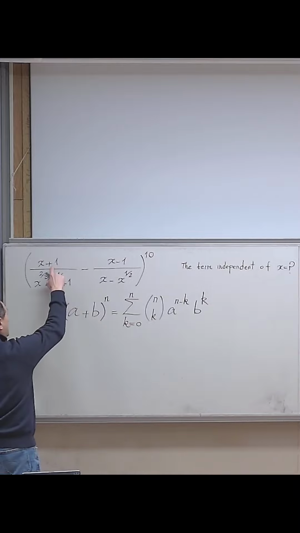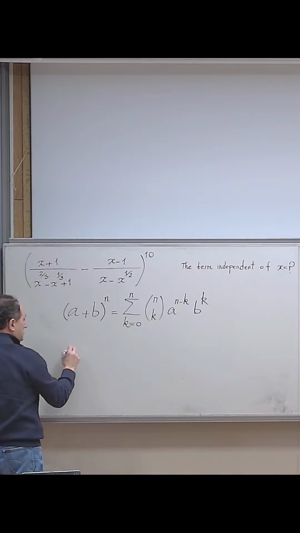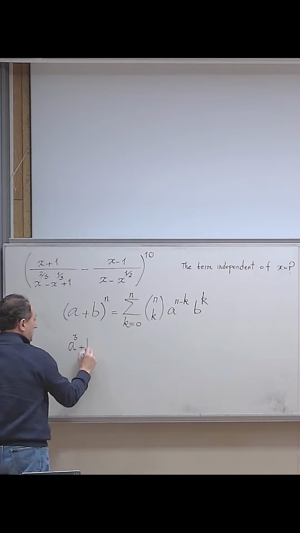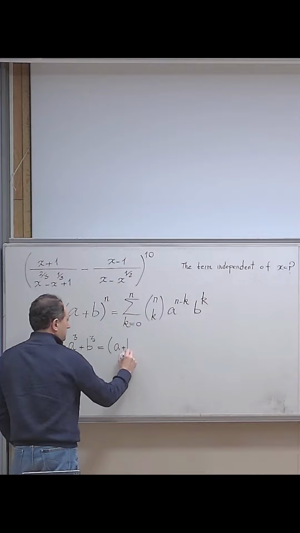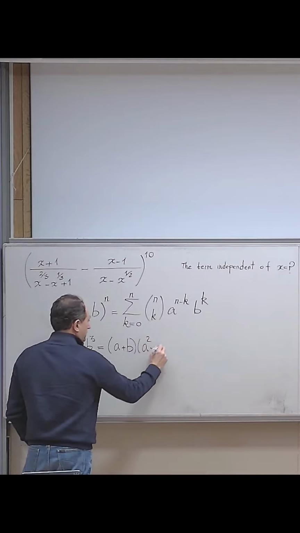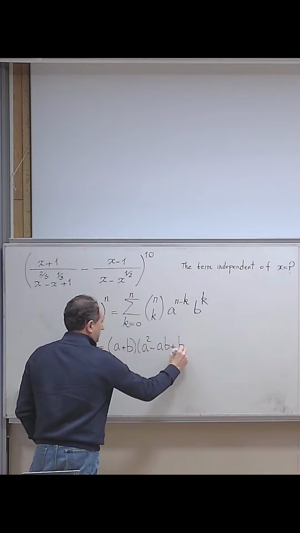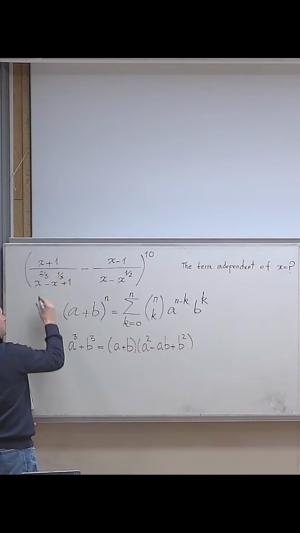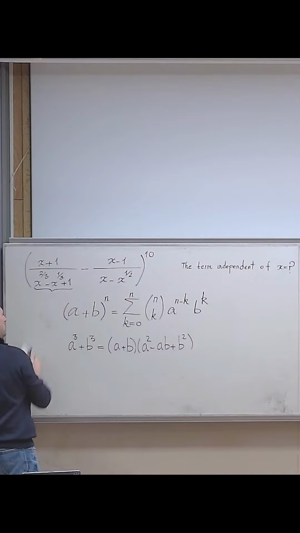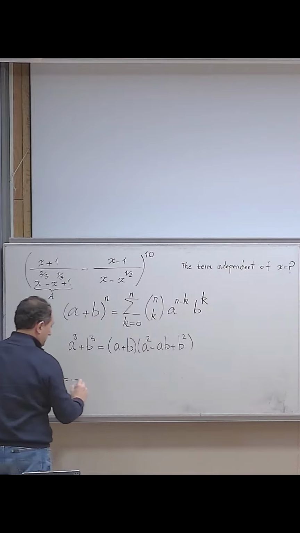Okay, so for this part, I want to use this very famous algebraic identity: if I have a cubed plus b cubed, I can write it as a product in the form of a plus b multiplied by a squared minus ab plus b squared. So why is this useful here? Let me write the first one. Let me call this one capital A, and then capital A becomes equal to